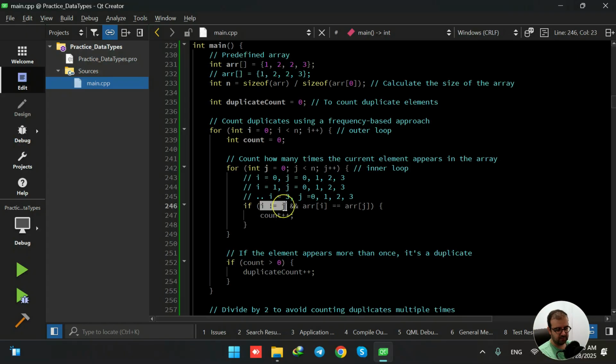i equals 1. They are equal, and here we are checking if they're not equal. So this condition is not true. We're not going to enter the if. We're going to go up, increase the value of j. j equals 2, i equals 1. They're not equal. Yes, because the index i is 1 and j is 2. Therefore, they are not